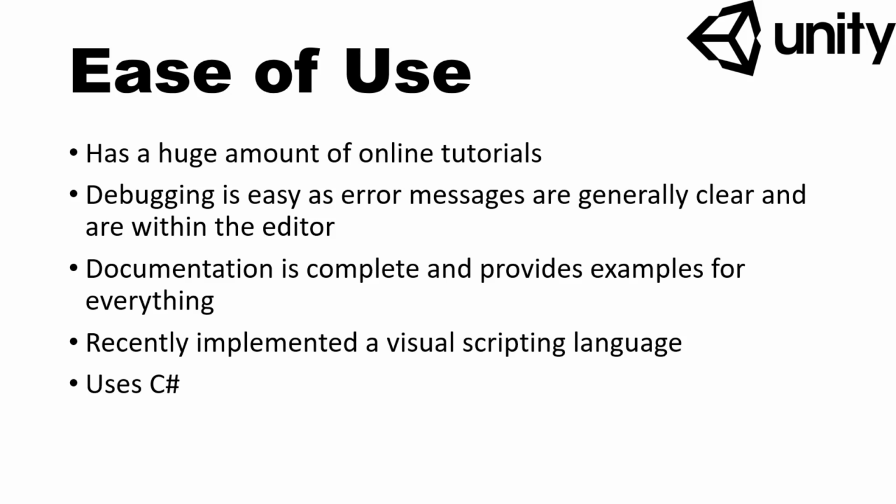Documentation is very clear. Unity's documentation is fantastic. I've never had a problem with it. If I need to look something up in the documentation, it's always been very clear. It's complete. It fully describes everything. It describes all the variables, what they do, and it also provides examples for everything. Everything I've looked up anyway, there's been an example of it being used, which is very important, because sometimes just the description isn't enough. You need to see it working.